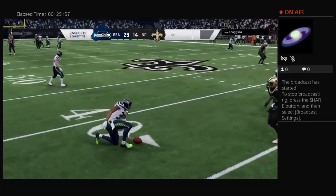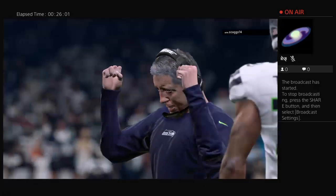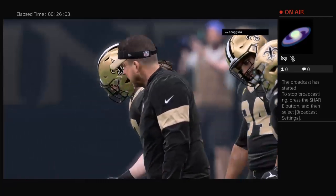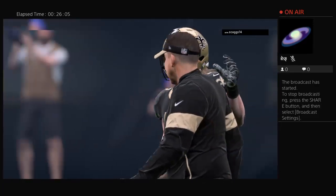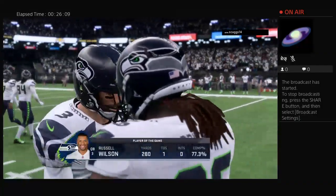Picked off by Brad McDougal. And they have possession, and they have it at the 38-yard line. A road win in the National Football League. Charles, you never take that for granted, no matter who you're playing, no matter